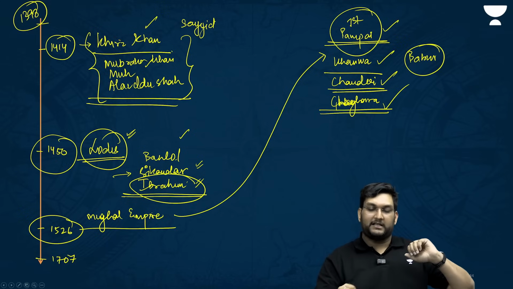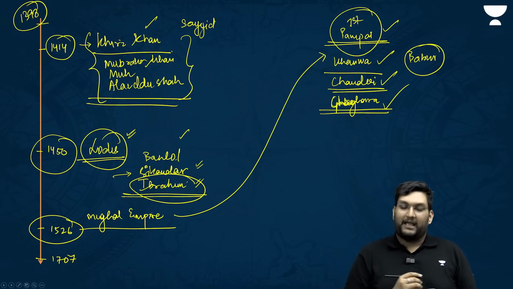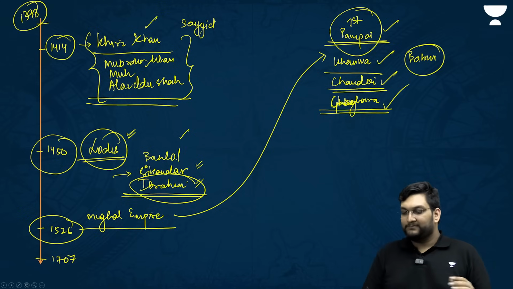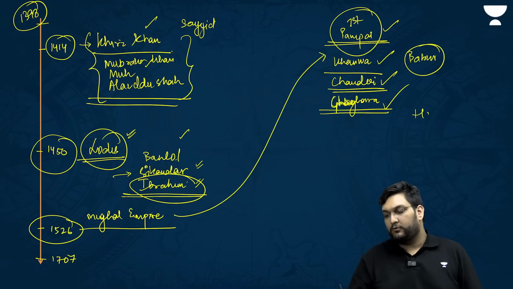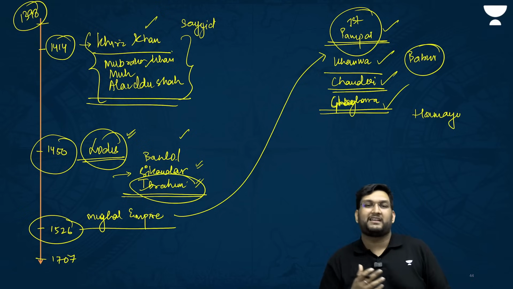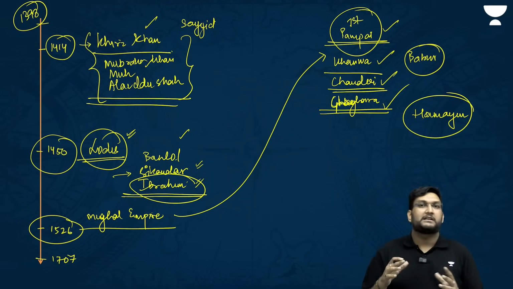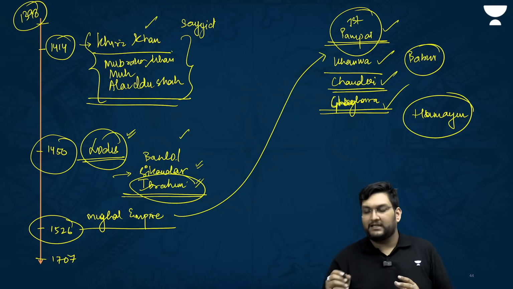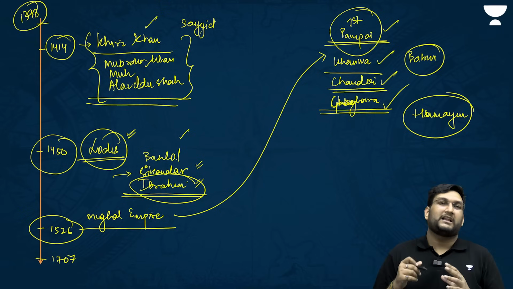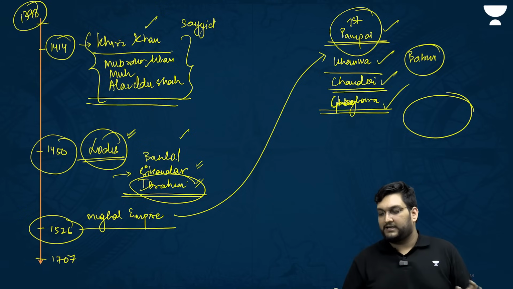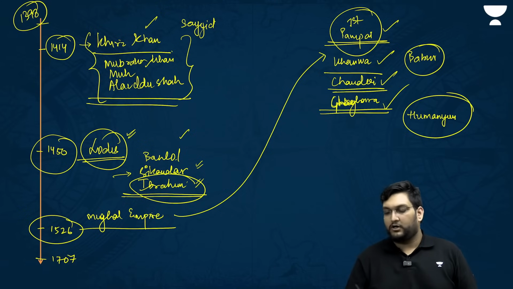Panipat, Khanwa, Chanderi, Ghaggar, this is a G. And thereafter you will have Humayun, who will come to power, but Humayun was too into drinking and opium. Along with that, he loved books, but was not very politically oriented in that regard. So the problem with Humayun is that he did not understand the